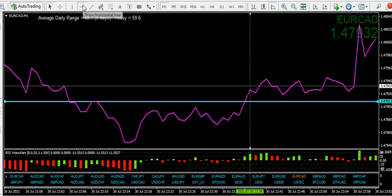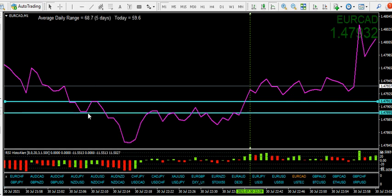Let's draw the level on there. That's the low, that's the high, this is the continuation down. We have to break above this high, and notice it's exactly the same spot. There is no coincidence there, guys. You can do this 1,000 times and you will get the same results, and that is what I am trying to say. So in fact we've had a 2B reversal confirmed by a later 1, 2, 3 higher low reversal